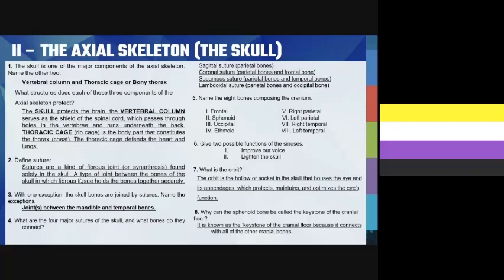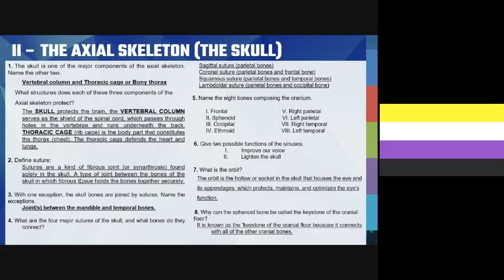underneath the back. Lastly, we have thoracic cage or rib cage. It is the body part that constitutes the thorax or chest. The thoracic cage defends the heart and lungs. Number two, we have defined suture. Sutures are a kind of fibrous joint or synarthrosis found solely in the skull. It is a type of joint between the bones of the skull in which fibrous tissue holds the bones together